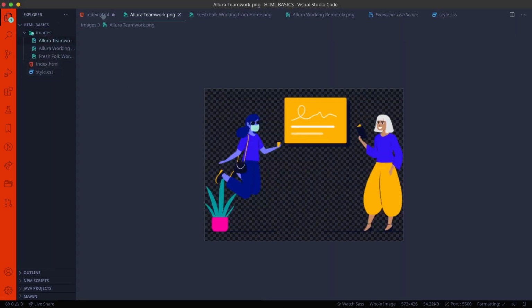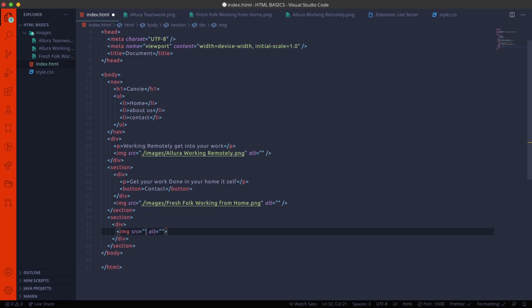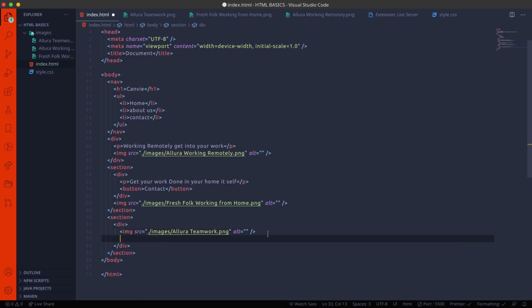So in the images folder there are only two images, and now I'm dragging another image. Same dot slash images folder, and then here you can see teamwork.png.